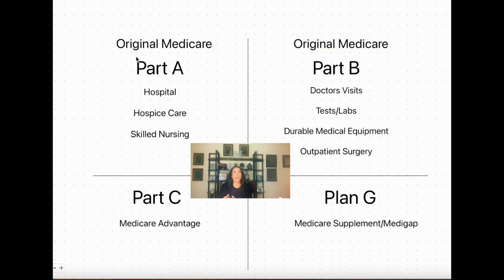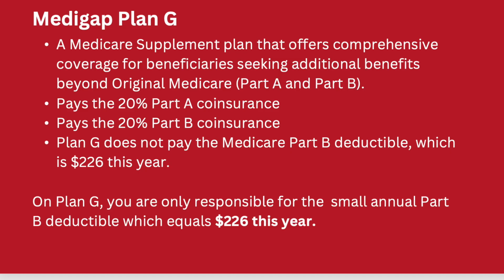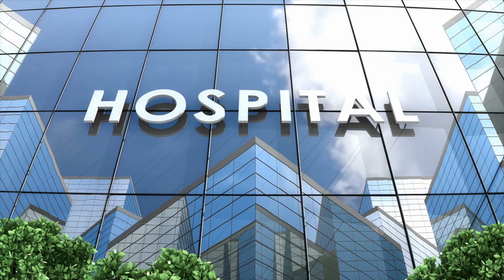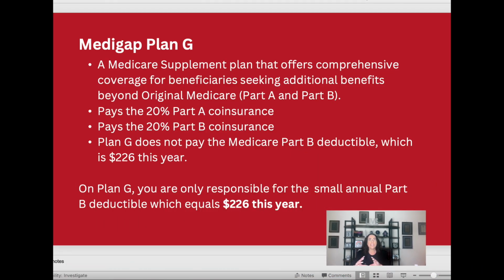Let's head down to the lower right-hand corner and let's talk about Plan G. Plan G is the Medigap plan that pays the 20% of your Part A, and it pays any deductibles in Part A. So you have 100% coverage from day one in the hospital if you're on a Medigap Plan G. Medigap Plan G also pays the 20% after Original Medicare pays the first 80% in all Part B services. The only thing that a Plan G does not pay for is